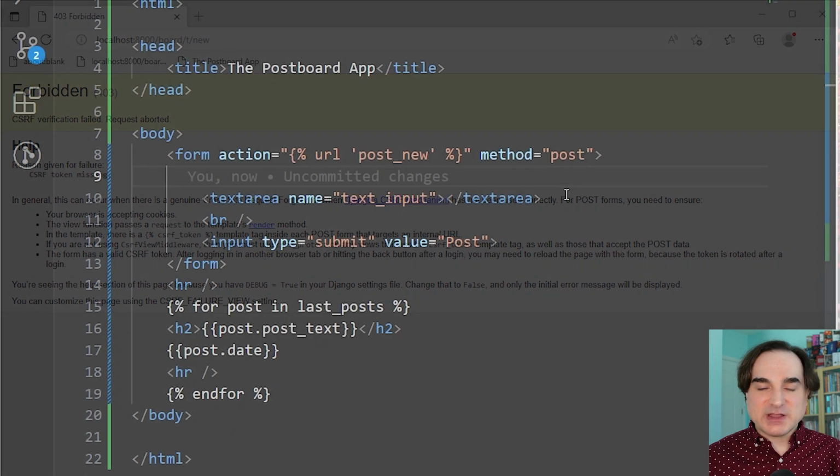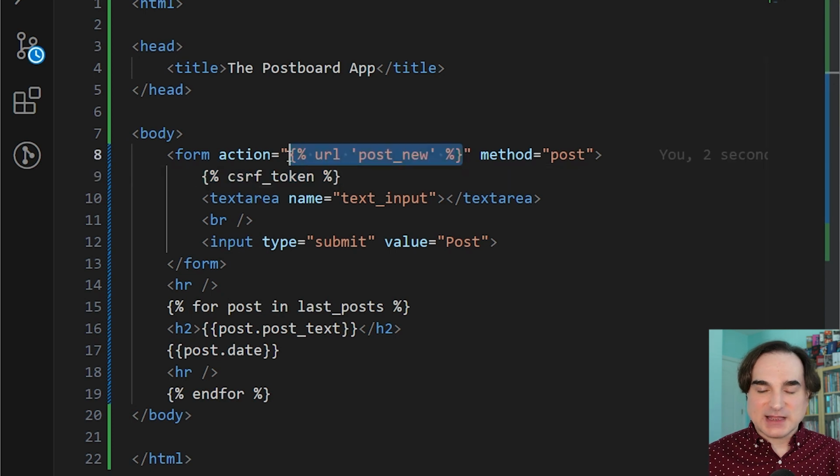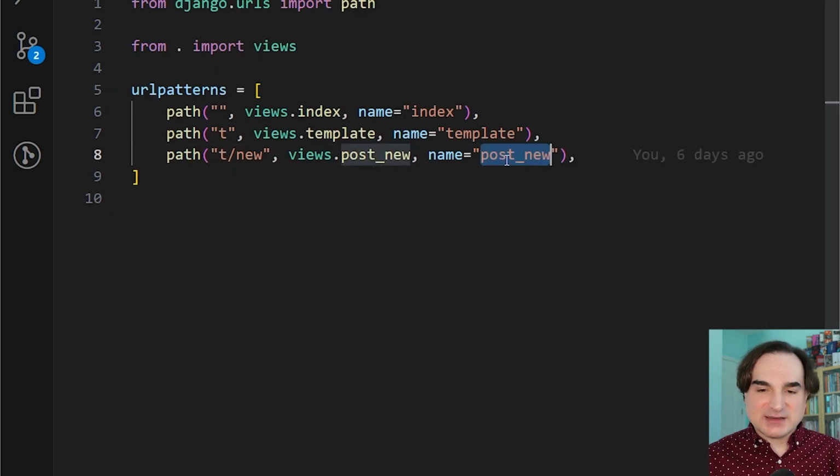Now you'll notice we have this curious statement here in our form tag, this URL and this name post new. This is one of a number of built-in functions that Django provides for templates. The URL tag, which renders the URL of a given route that we've referenced by name. Remember how we had names for the different routes in our application defined in urls.py? What this tag does is it looks up that name, in this case post new, finds the URL that corresponds to that named route, and inserts that URL here. So this is a handy way for us to point the form's submission action at some URL that's defined programmatically.